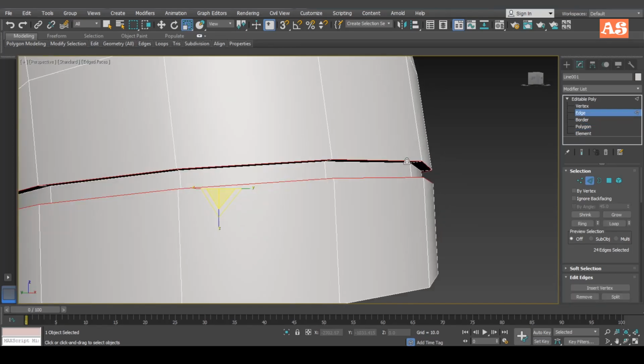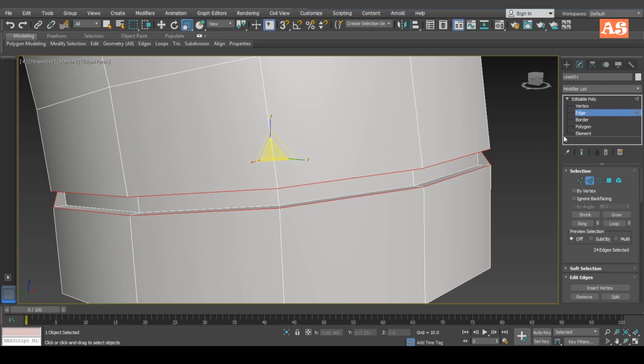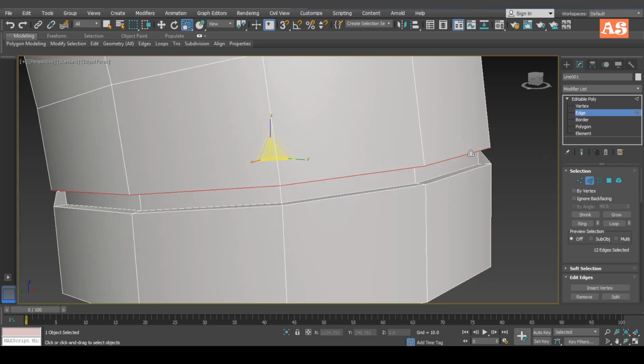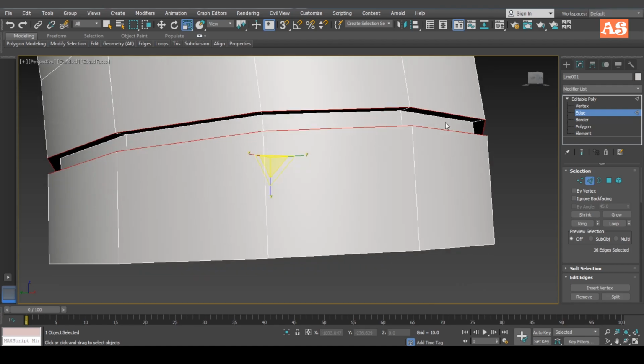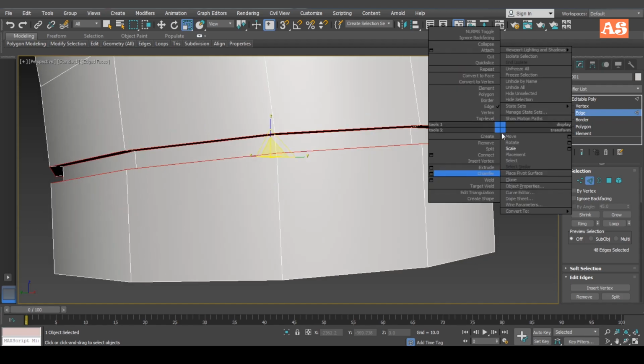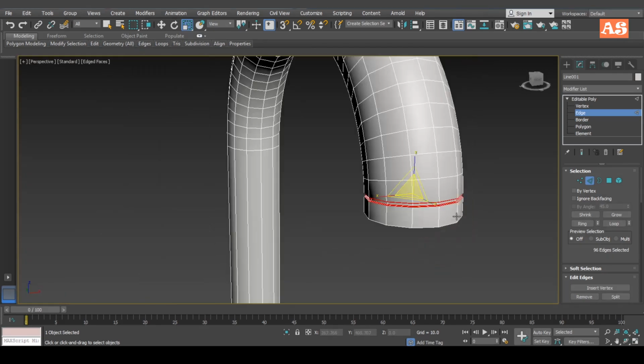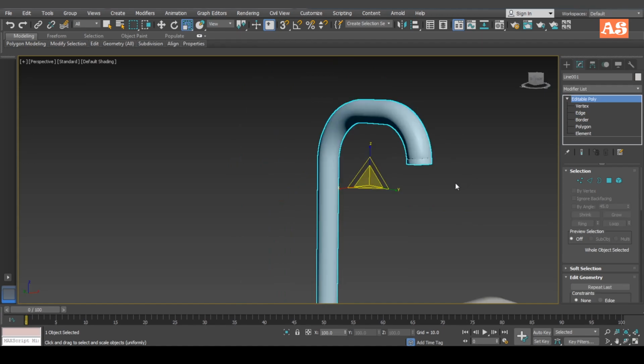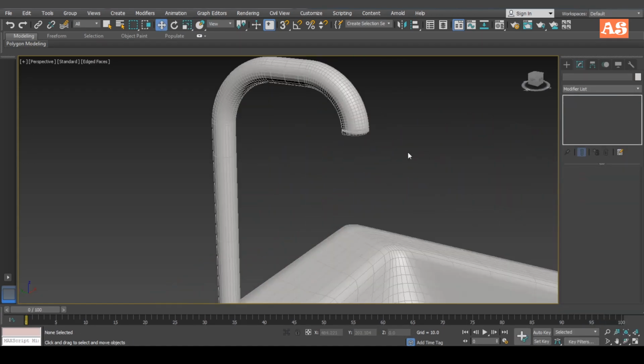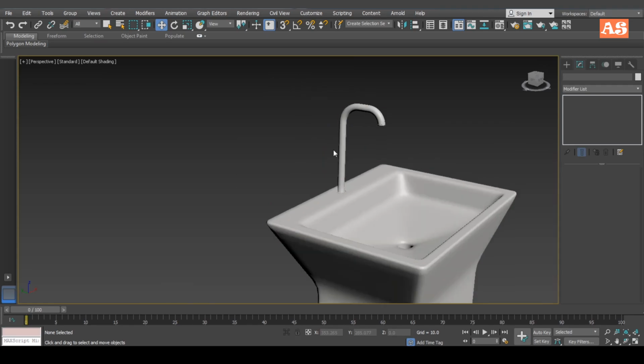Now if I like to increase some kind of smoothness on the edge of our tap, then we need to select by double clicking on the line like this one, and right click, go to chamfer. It will chamfer the edge of our selected object, and also we can increase the number of segmentation for this, so it will create smoothness for our object. Apply turbo smooth modifier for this one. So this one is our tap.